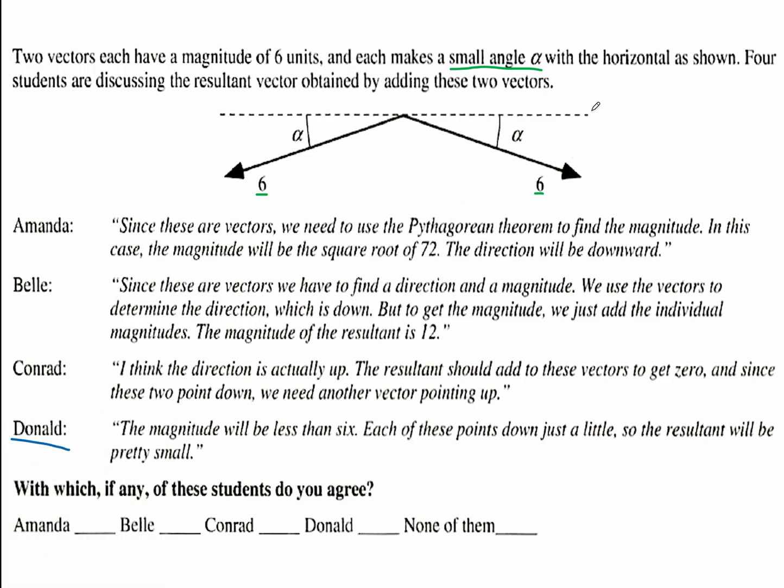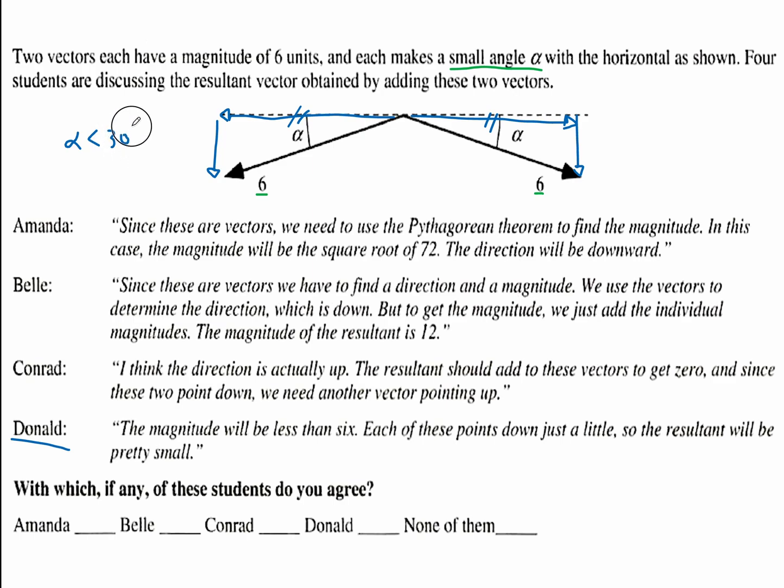Why? Well, if you break these into their vertical and horizontal components, what's going to happen to the horizontal components of these two vectors? They're equal and opposite. Same angle, same magnitude. These two have to be the same. So these two vectors are going to add up to produce a resultant of 0. Now, and you need a little bit of trig here, as long as angle alpha is less than 30 degrees,